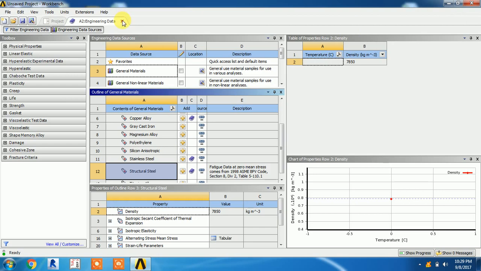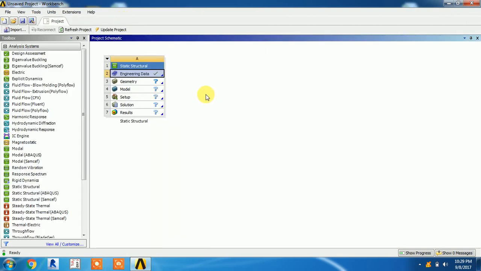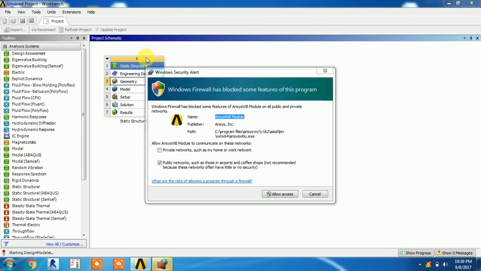Now I will cut it. So all three materials I have selected. Then I need to go to the geometry. This geometry section, I want to double click. When I double click on this, the geometry section will open,